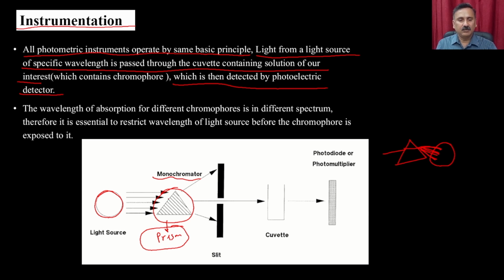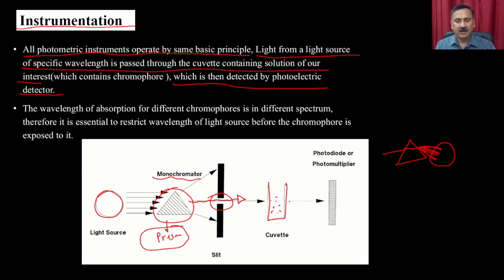So same is here. You can rotate this, and that's how your wavelength of choice will enter this particular slit, right? The slit will be a small gap or hole, and from there you can allow the entry of this particular ray, right? And then there will be a place where you can keep the cuvette, and the cuvette is going to have the molecule for which you want to measure the absorbance, right,